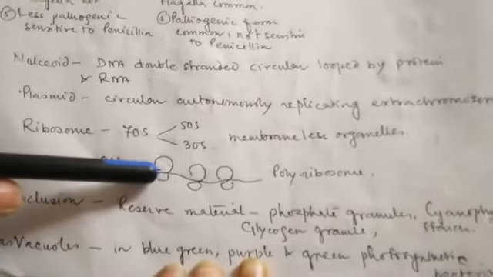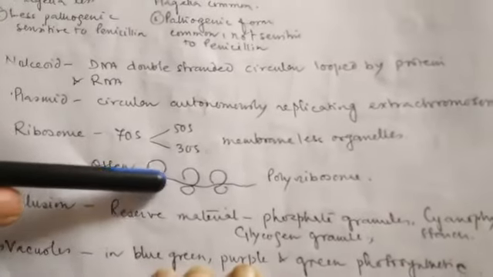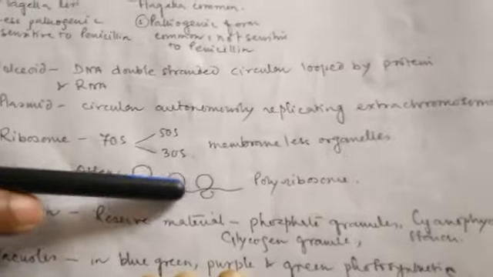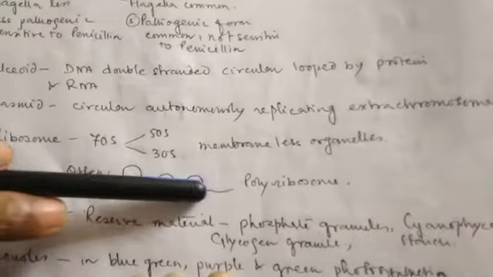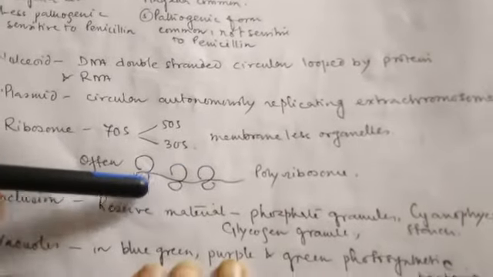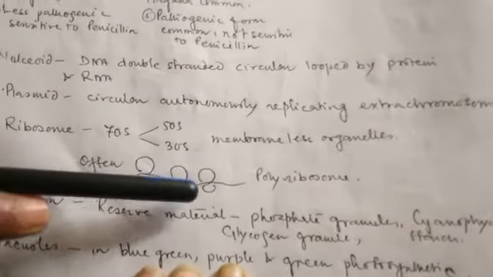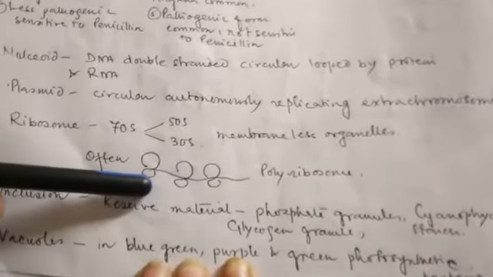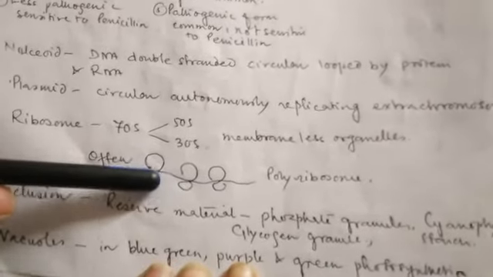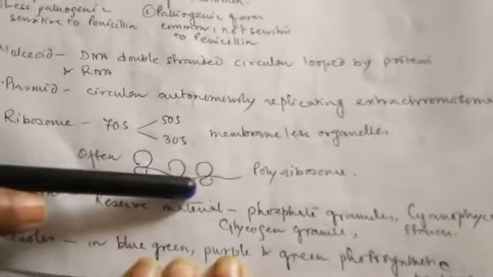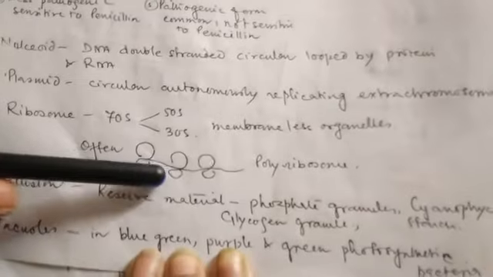Now protein synthesis occurs on the mRNA. So often we will find mRNA with numerous ribosomes at a time. This structure is often found in the cell, and it is called a polyribosome or polysome. They are forming numerous proteins on the mRNA. If the cell needs a similar protein, they may form numerous proteins at the same time on the mRNA. So this is a polyribosome or polysome.